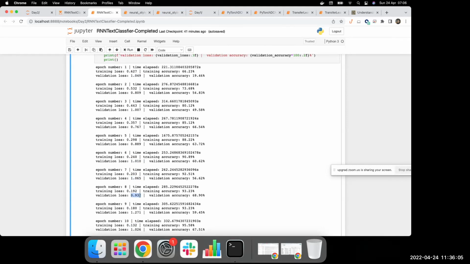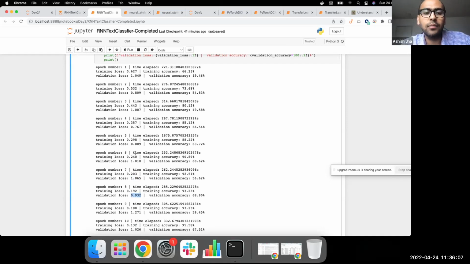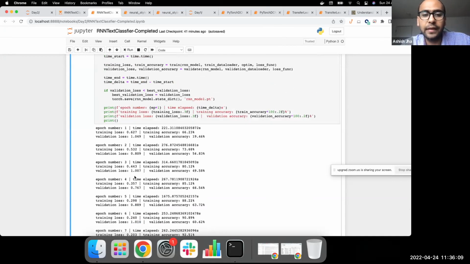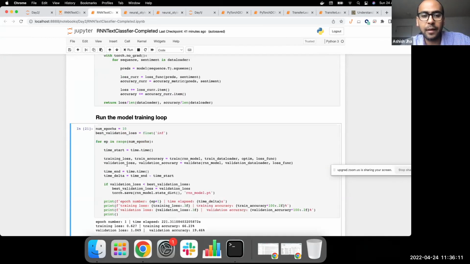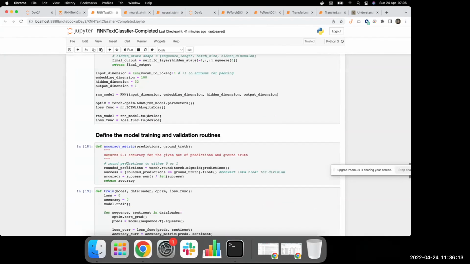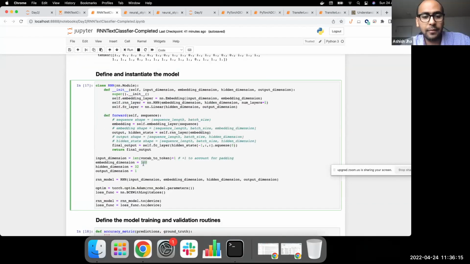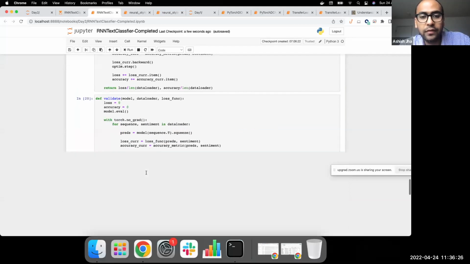So you should think about addressing the overfitting problem, and then come up with more training exercises with different hyperparameter settings. Maybe you might want to reduce the parameters. Maybe embedding size of 100 is too much, so let's start with 50. Maybe hidden dimension of 32 is too much. Let's start with 16. Maybe this helps to keep the overfitting in check.